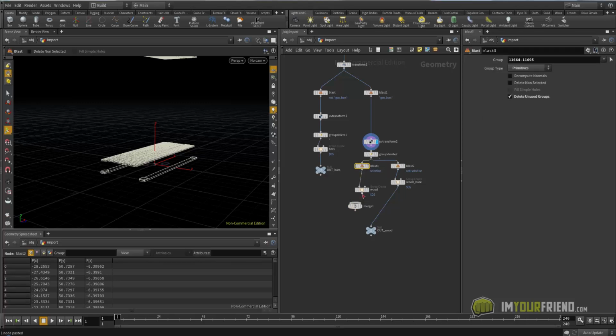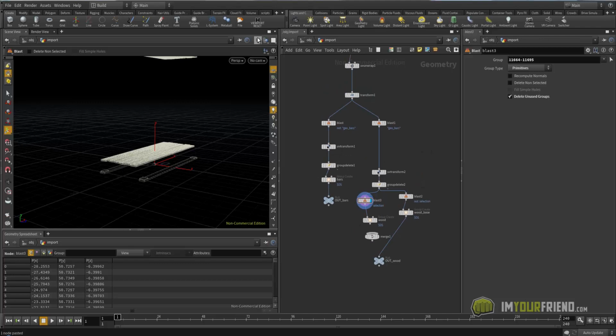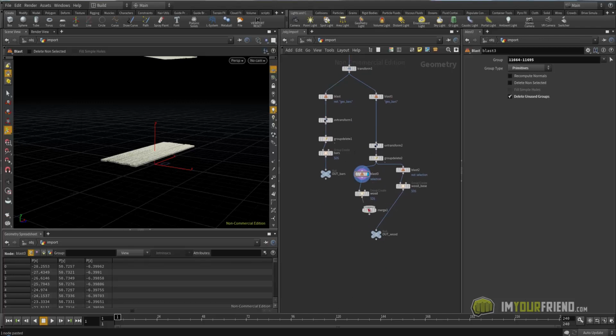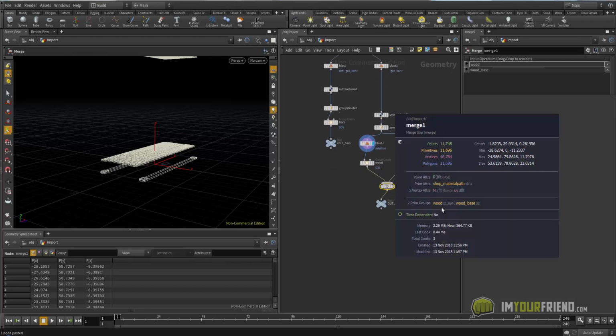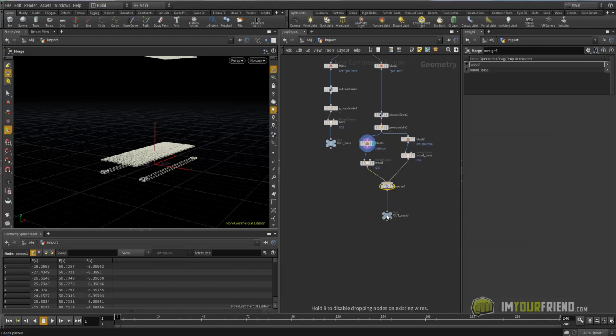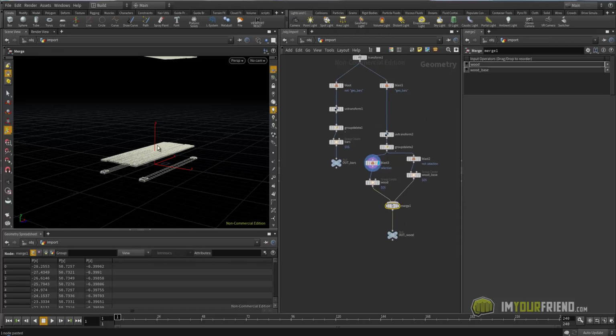Throw that selection into this group, put it into merge, and there we go. Now we have wood and wood base, so I can isolate either of these by group.